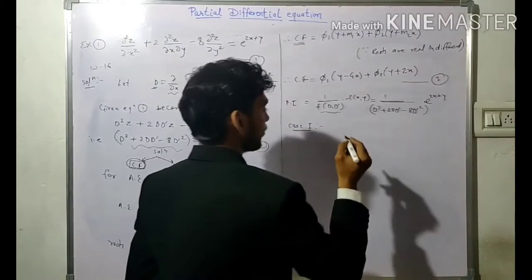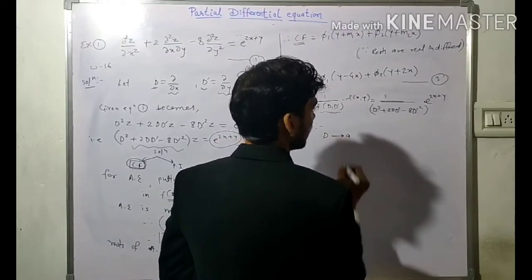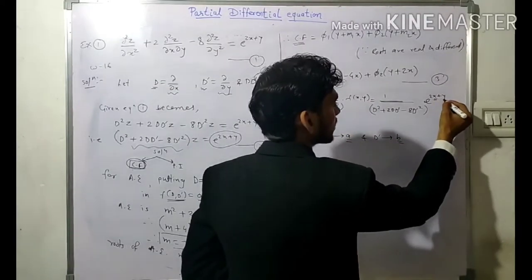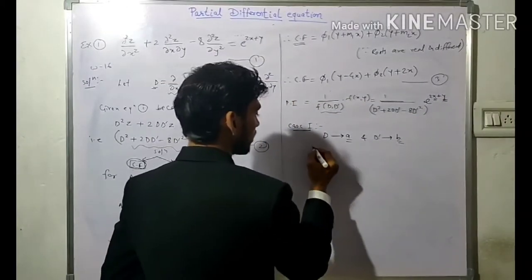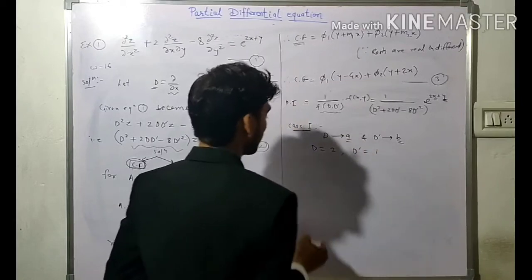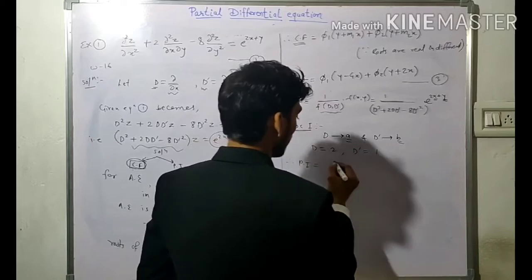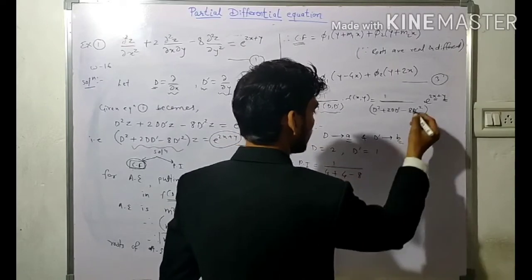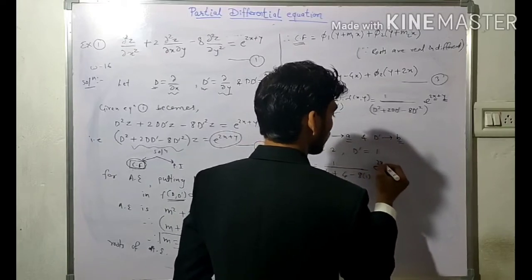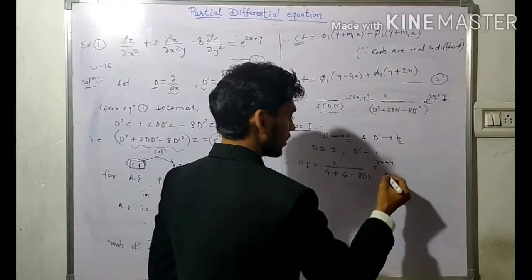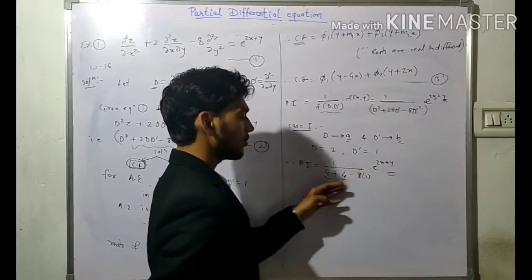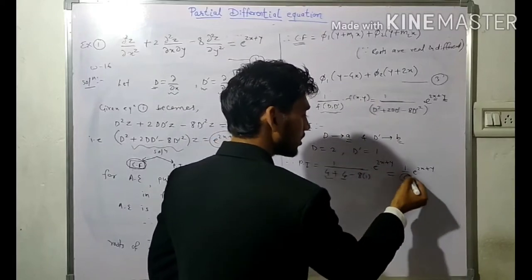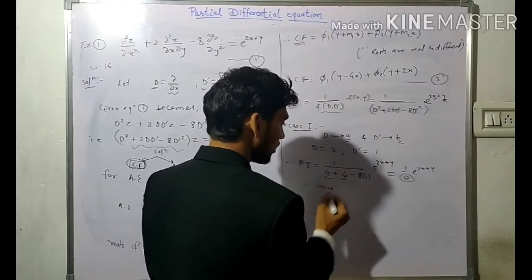And in case 1 of PI, we have to replace D by a and D' by b, where a and b are coefficients of x and y in the exponential term. So here D equal to 2, D' equal to 1, therefore PI equal to 1 upon, now it is 4 + 4 − 8 into 1, into e^(2x+y) as it is. So here 4 + 4 is 8, minus 8, which is 0. So 1 upon 0 e^(2x+y). In the denominator we have obtained 0. Therefore here the case fails,